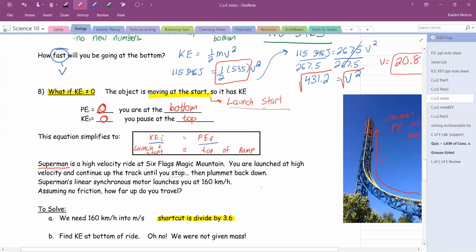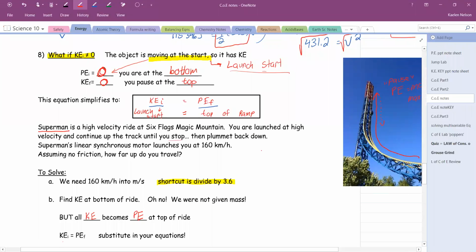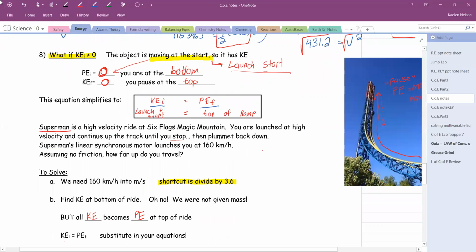It's moving at the start, so potential energy initial is 0, and we're at the bottom. So that's our launch start. And kinetic energy final at the top is 0 because it pauses for a minute. So we can simplify our equation to kinetic energy initial equals potential energy final, or your energy from your launch start equals your energy at the top of the ramp. Okay, now to solve for this,